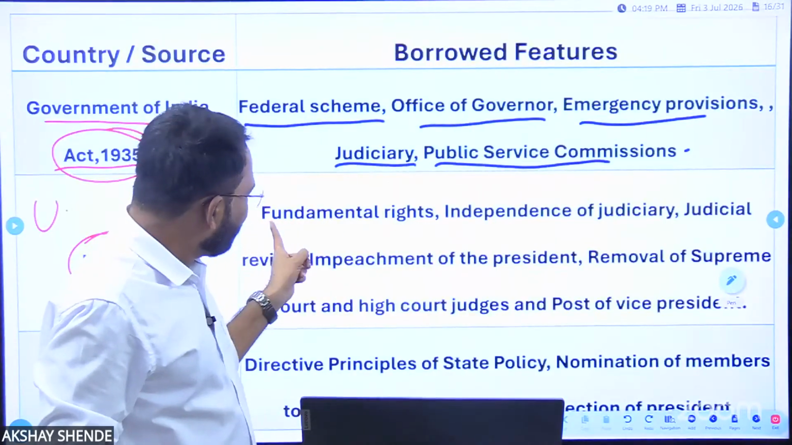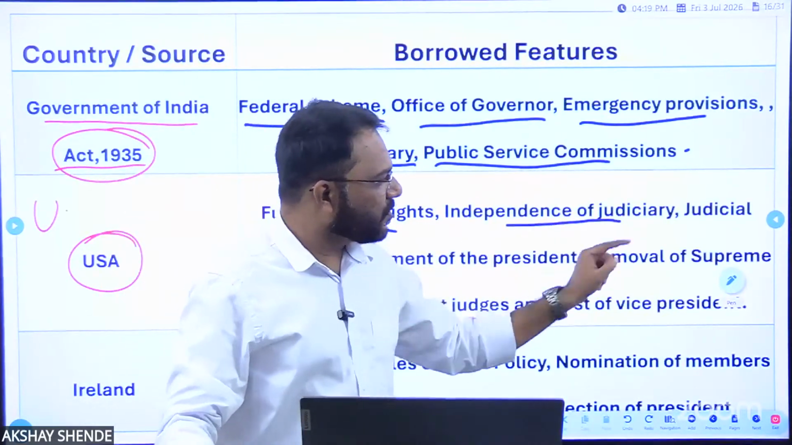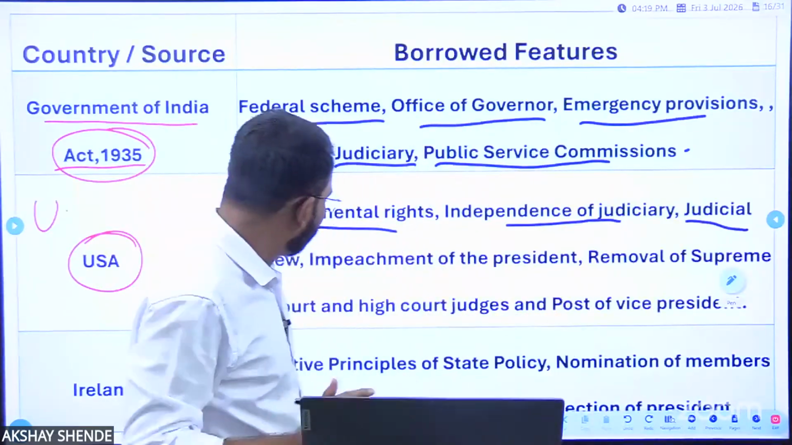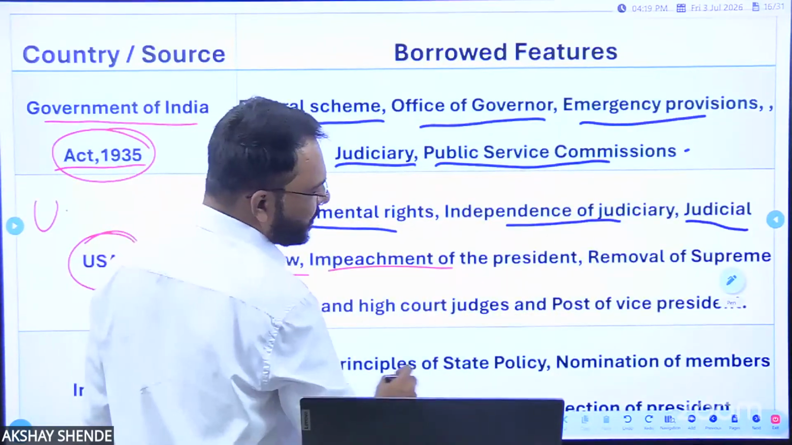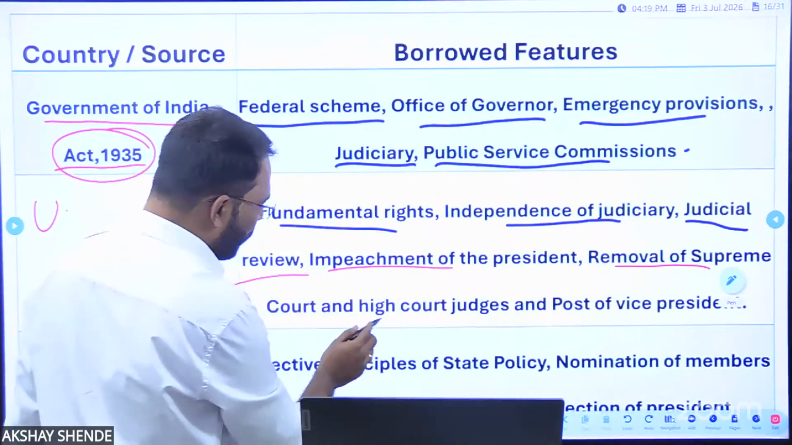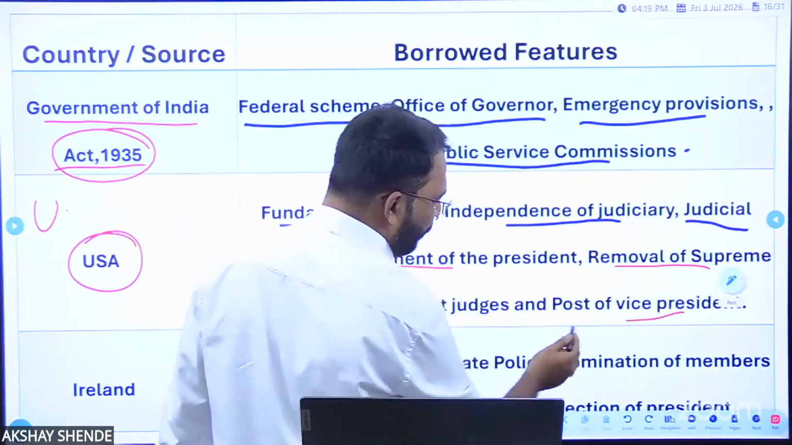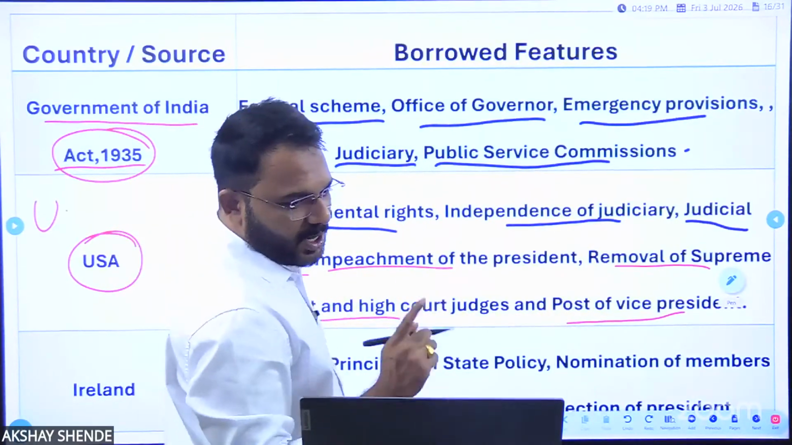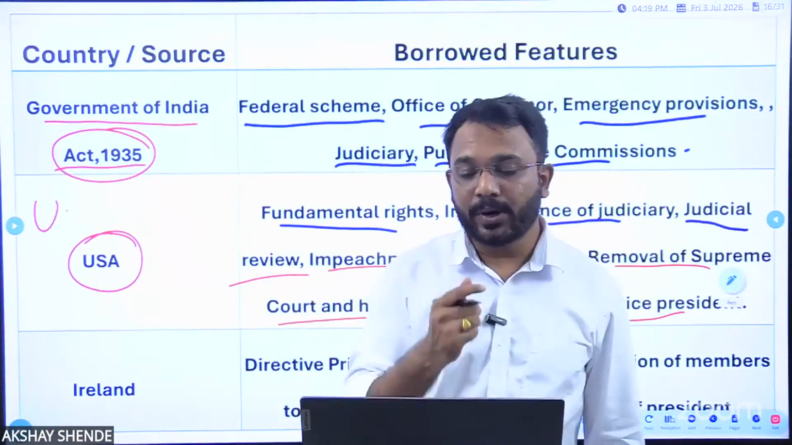What we have taken from the USA: fundamental rights, independence of judiciary, judicial review, impeachment of president, removal of Supreme Court and High Court judges, and post of vice president. Now, what is important to note here is,